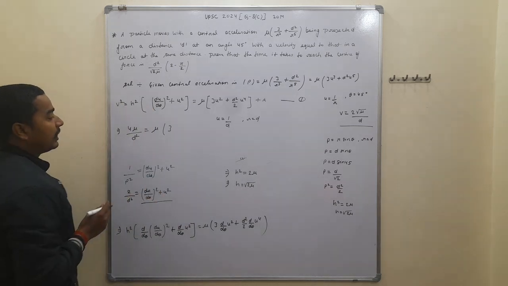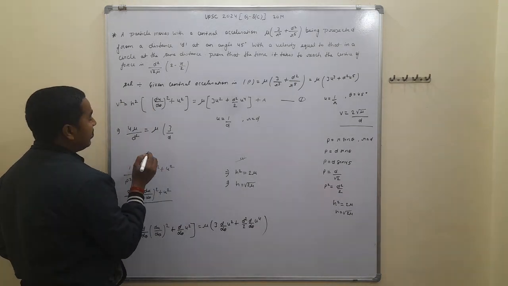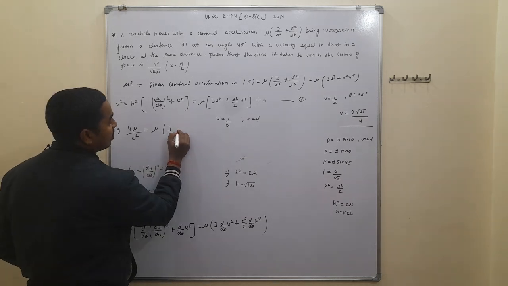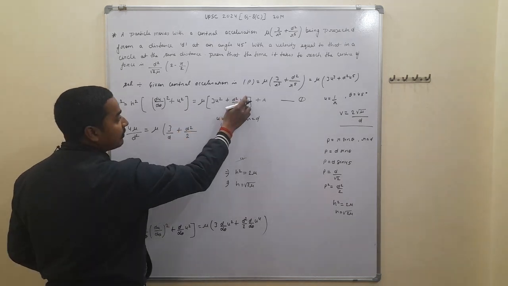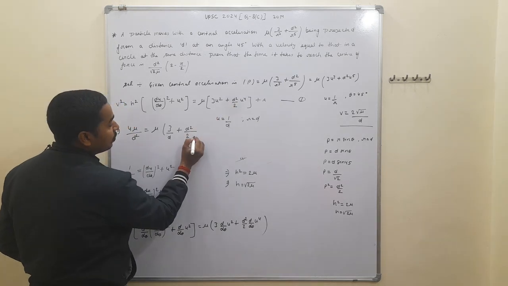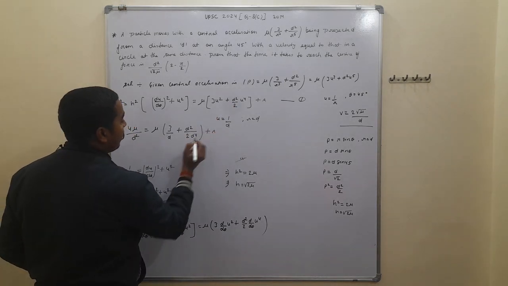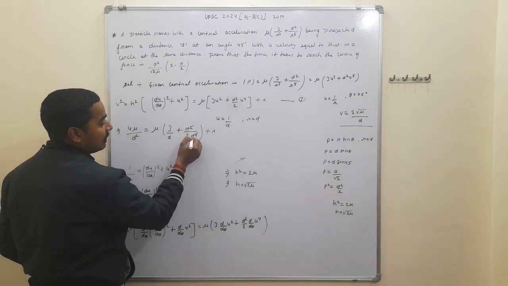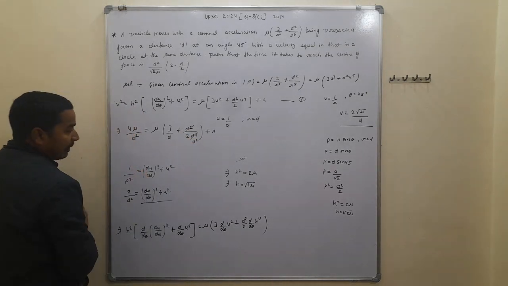So we have to put here 3 by d plus d square upon 2 into u to the power 4, that is 2d to the power 4, plus a, and from here d square to d to the power 4 is cancelled out, that is d square. Further we have to solve